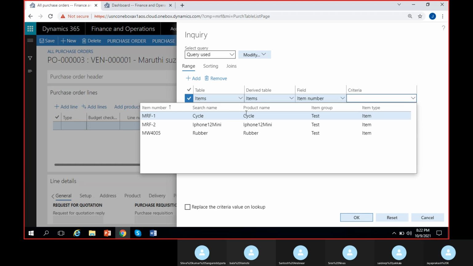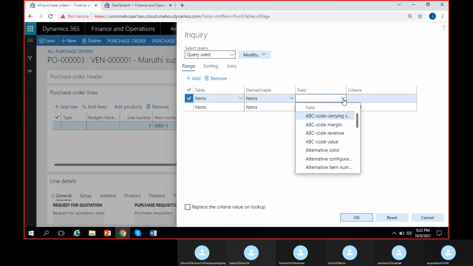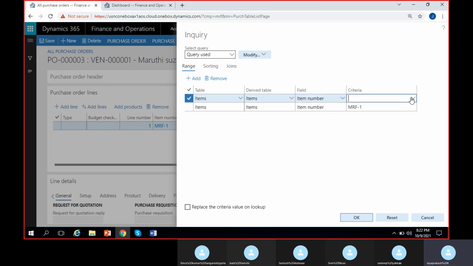So I'll select cycle again and I'll select one more item by clicking on add. I'll select item number again. So item number, I'll select rubber 2. If I click on OK,